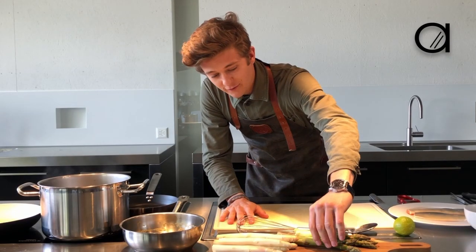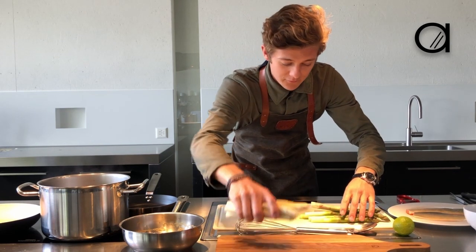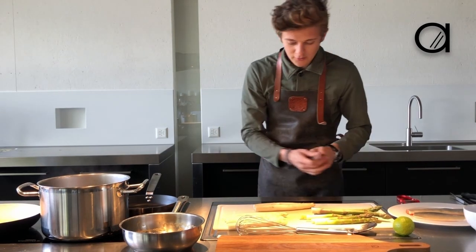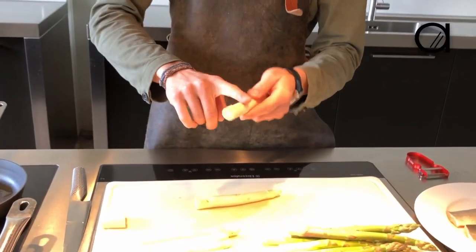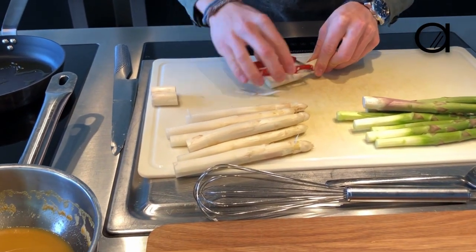So all we have is asparagus. We have green ones and white ones. We're gonna first peel them. It's very important that you cut off the ends. And the white asparagus, you have to peel them twice. So you just go twice around,